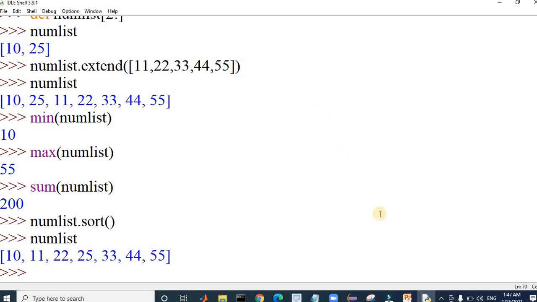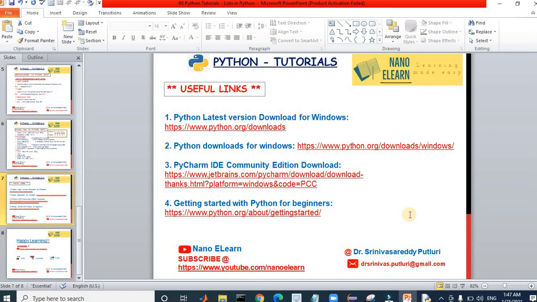Like we have seen here, Python is fun to learn. How simple it is to learn here. We have seen different possible operations that we can perform on the list. I have covered it to the best possible extent. That's it for today's session.